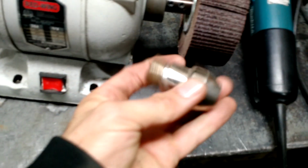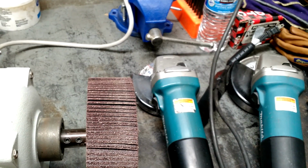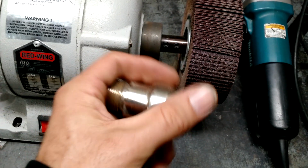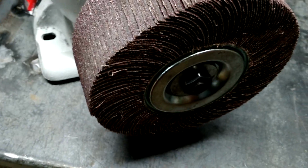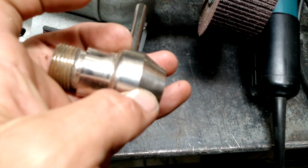So at that point I bolted it on there, bolted them tight, and got out my grinder with the flap disc on it, and started tapering this back so I could fit it in there. The shaft wasn't long enough, so I had to nest the adapter a little bit. I just got one thread sticking out there now, so I got them just good enough. But I had to grind this down. Once I got it good enough,